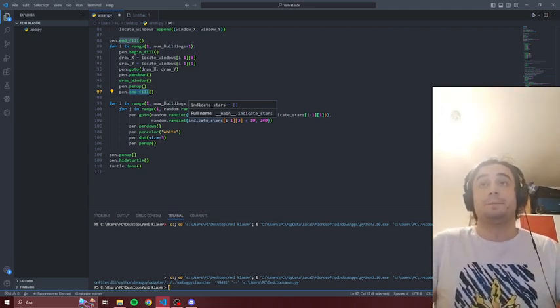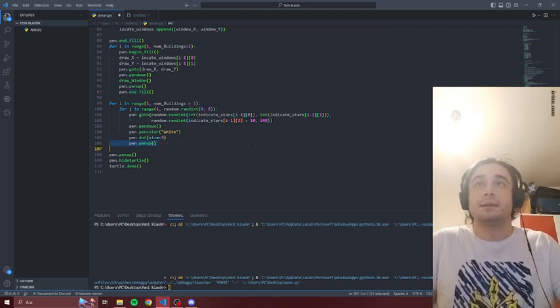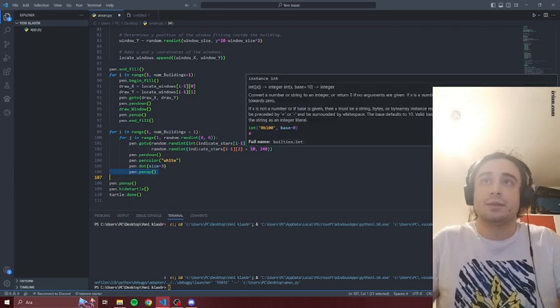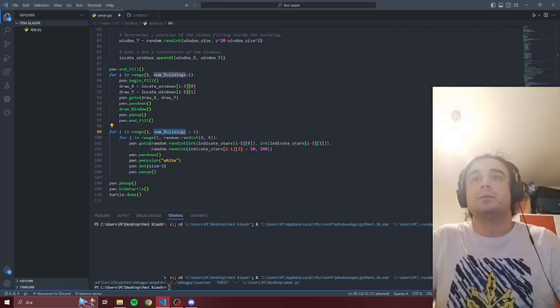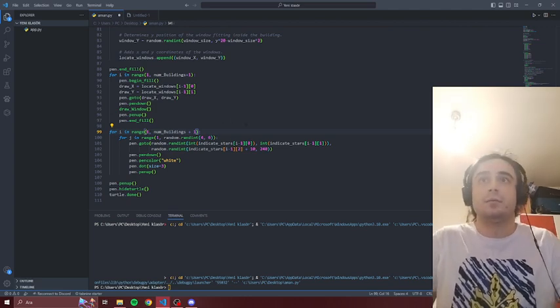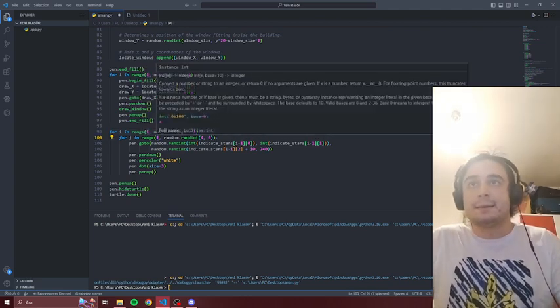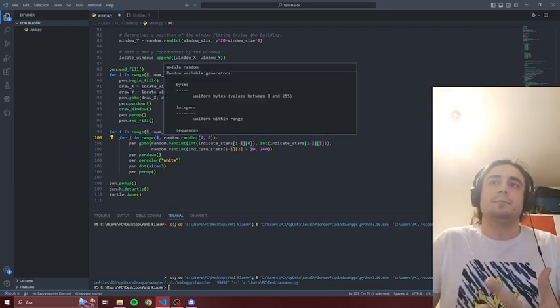We need to draw the stars, of course. This is the part you want, I guess. You want us to randomize the stars. So for each building, I want to draw randomized stars. Let's say it might be 1, or it might be